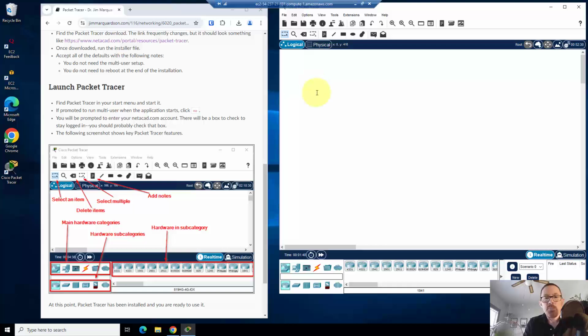Just a couple quick things about the interface. We have different categories of hardware. Down here, we have network devices, end devices, components, connections, those are your cables, miscellaneous, multi-user connection. These are the main categories. If you click on any one of these categories, you'll see different subcategories right down beneath it. If we have network devices, we have routers, switches, hubs, wireless devices, all of that good stuff. So if we want to add a computer, we can click end devices,